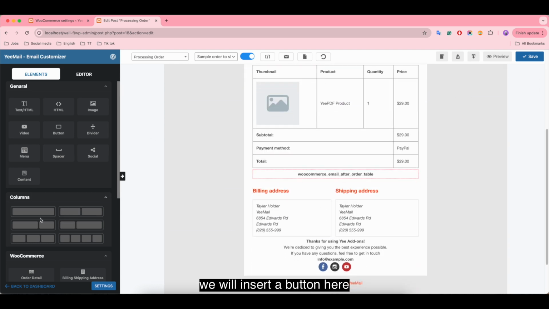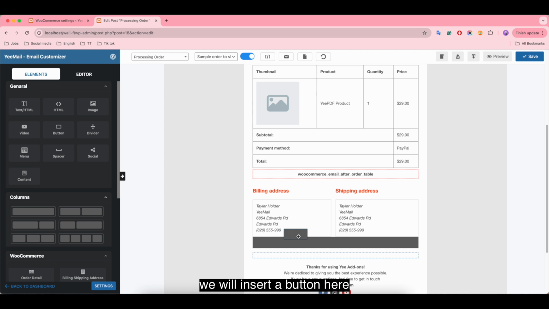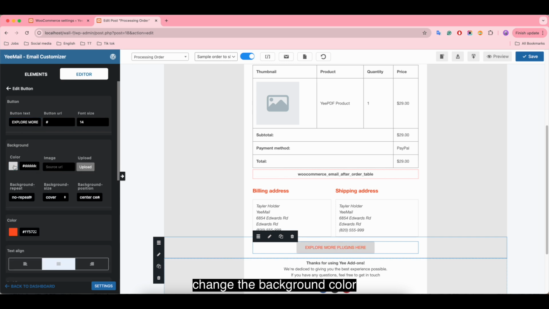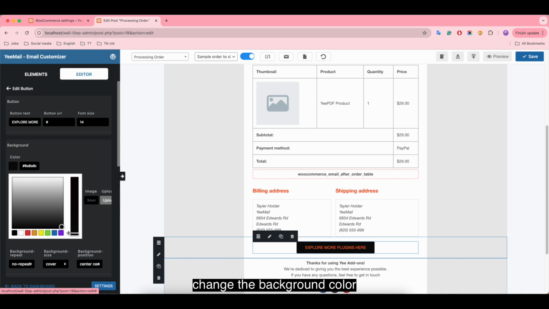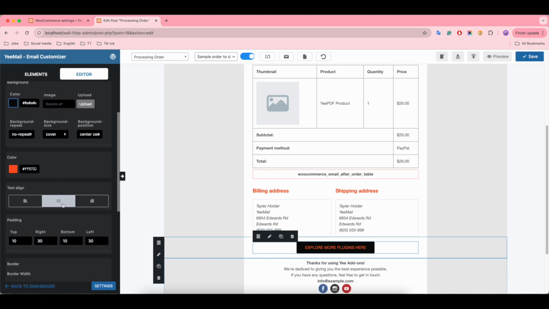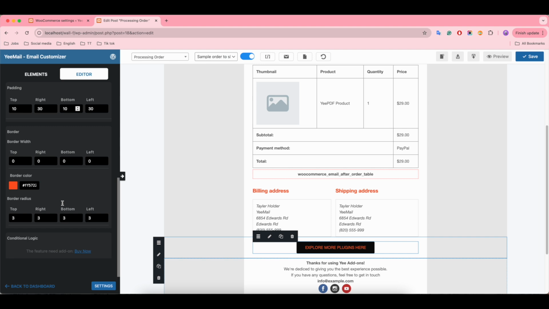We will insert the button here. Change the button text. Change the background color. Change the border radius.